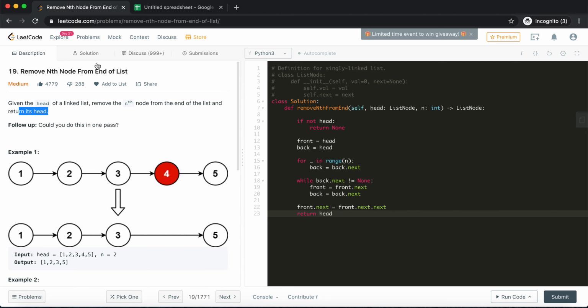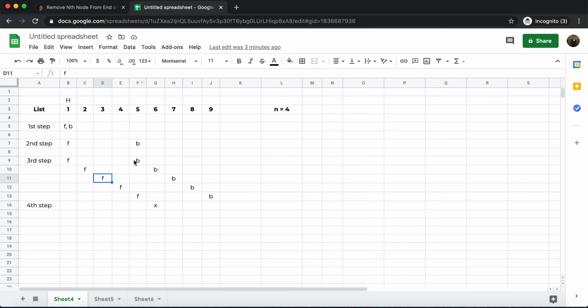But there is one special case that we need to handle. That is, what if we were told to remove head itself. So for example, the special case is when n is 9, which is the ninth element from the last, which is head itself, right? Now here, if we just follow our logic, then front and back will point to head initially, and then in the second step, we would actually need to create 9's gap between front and back, right? So we would move back 9 times.